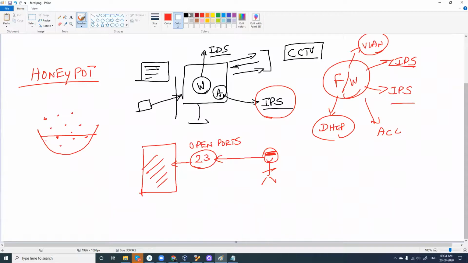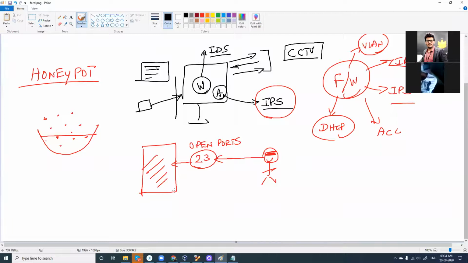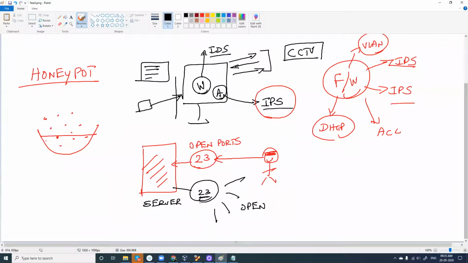Now, what is the function of honeypot here? Honeypot can be something like this, where my port 23 is not actually open, but I'll project to the outside world that I have a vulnerable port which is open. And why will a server do this? What is the need for a server to open up a port which is not actually open? Why should I show to the whole world that this particular port is open?